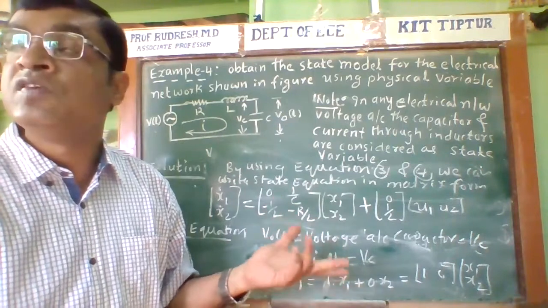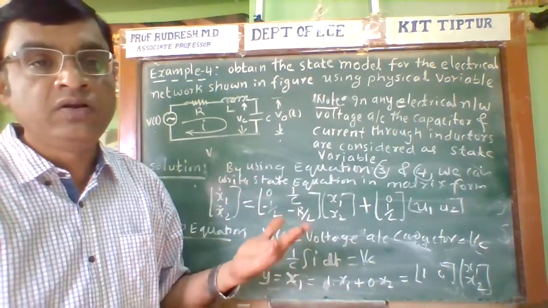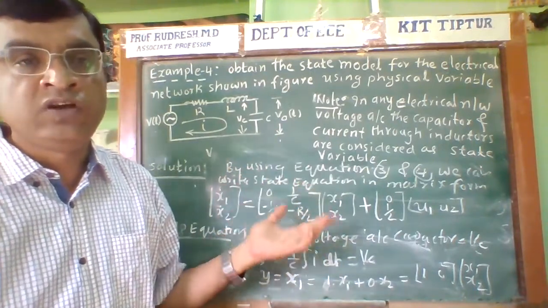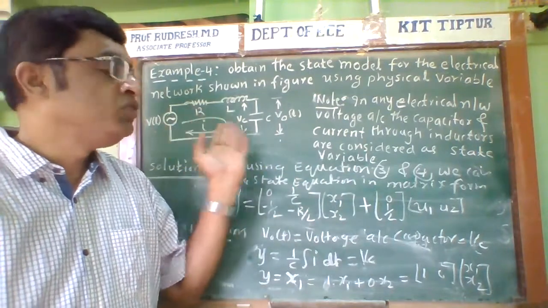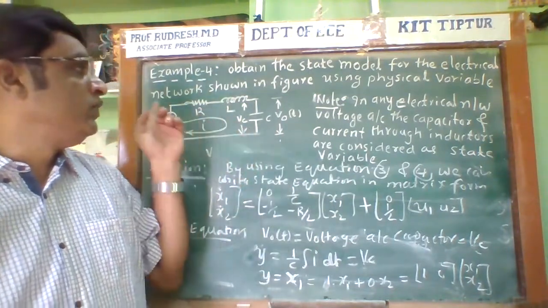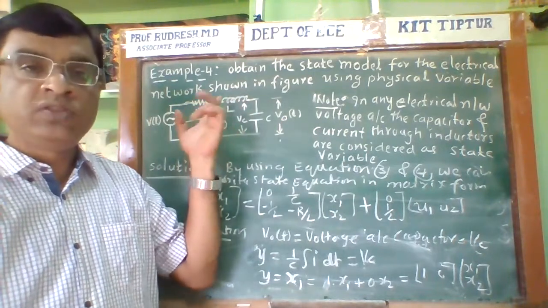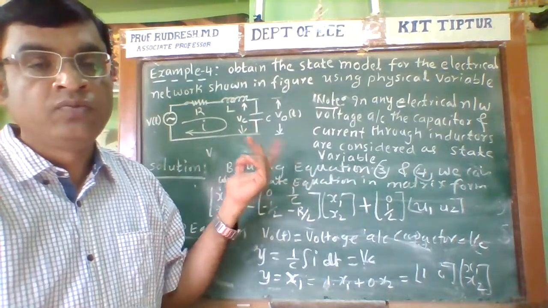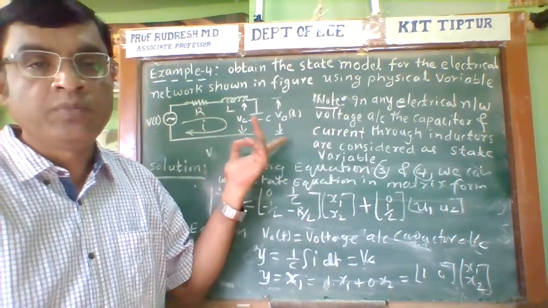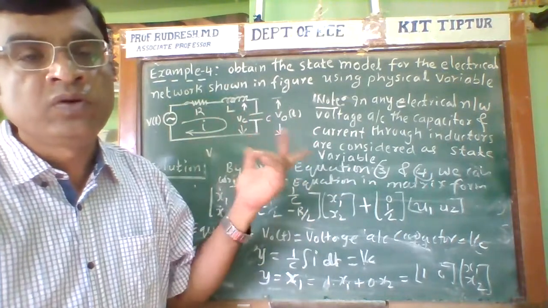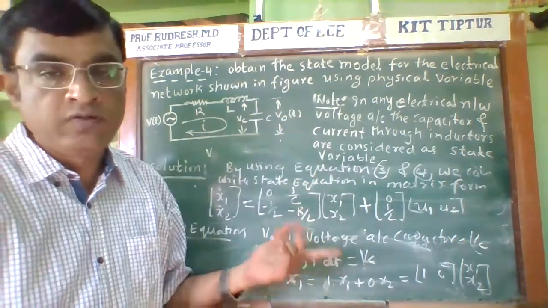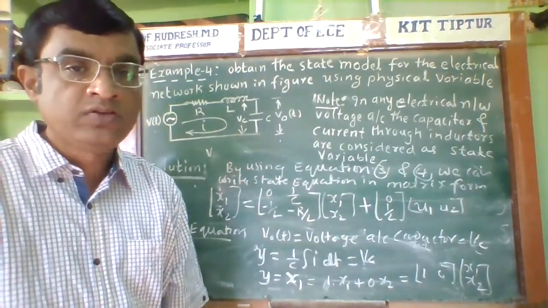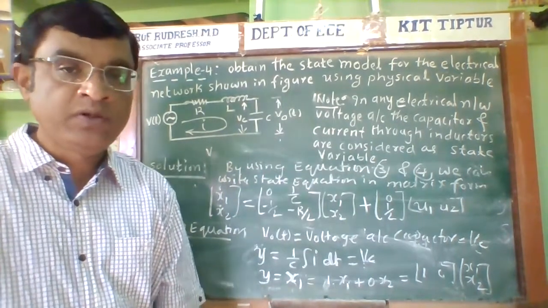If a differential equation is given, then according to the order, if it is a third order system, we need to choose 3 state variables. Choosing the state variables is very important. If there are 2 inductors, then we need to choose the currents through the inductors and also the voltages across the capacitors as state variables. This is very important and has been asked in previous papers also. Go through the class notes, where I have clearly written these examples.